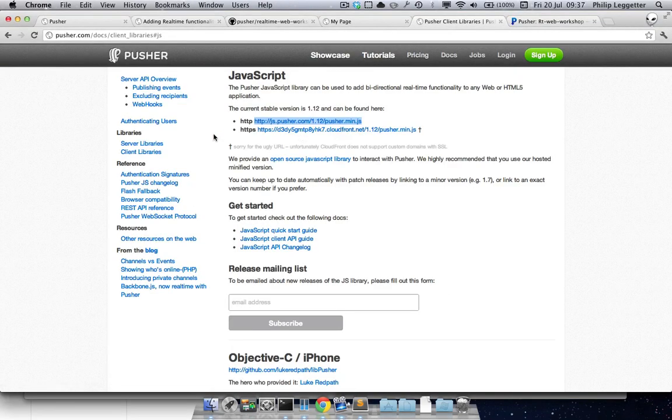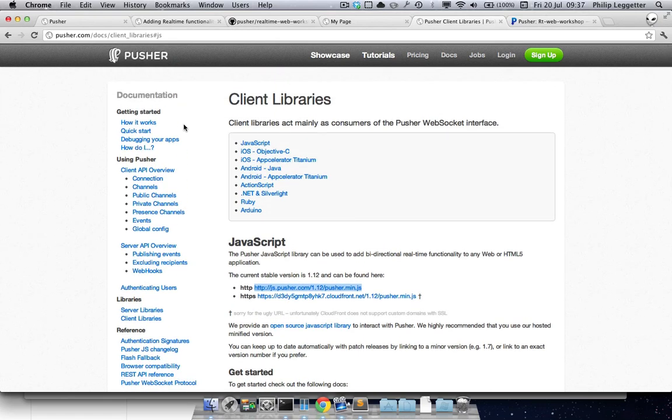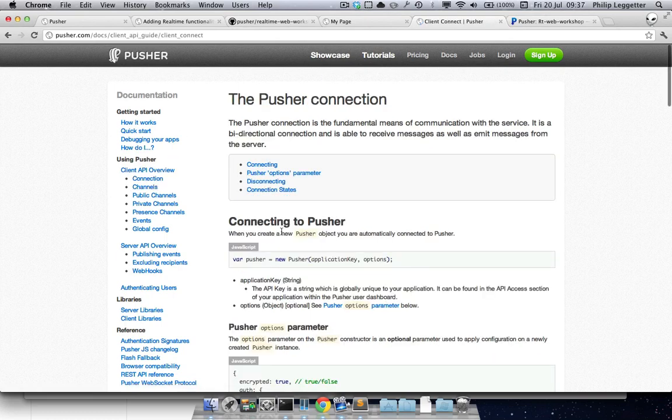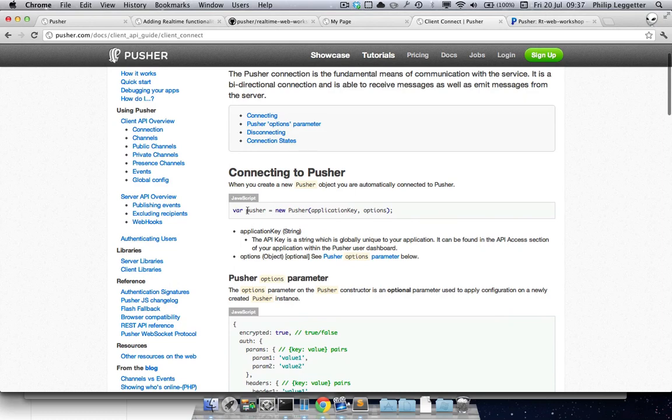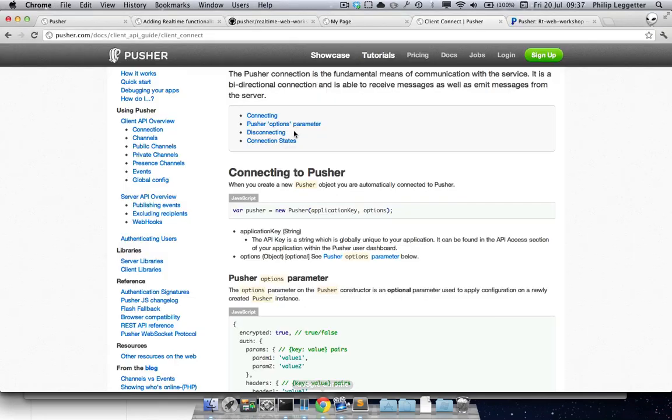We'll also have another quick look at the documentation. So the docs provide you with the information you need, but also it's a focus on how do you achieve something. So under the using Pusher sections, client API overview, we want to actually connect. So here's the information, connect. We create a new Pusher object and pass in our application key and optionally some options. So in here, that says we're connected. If we now load this application,